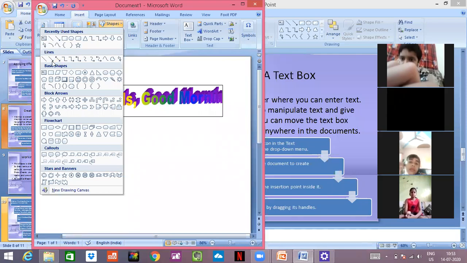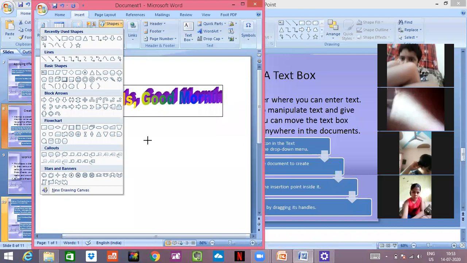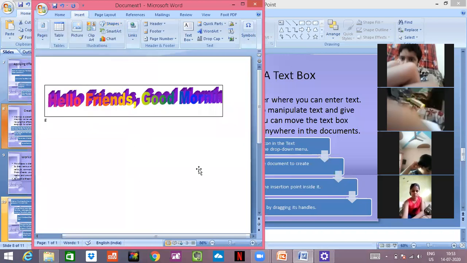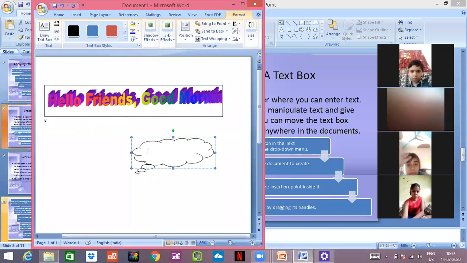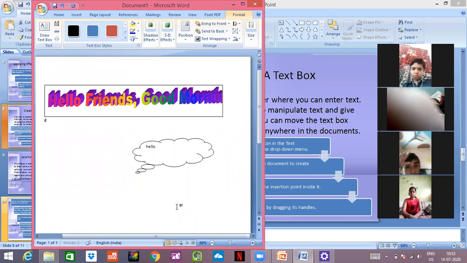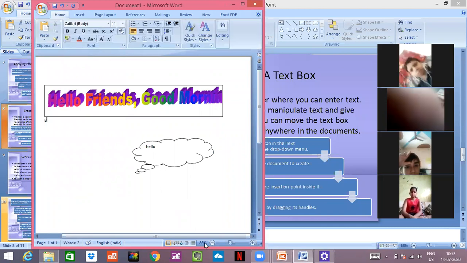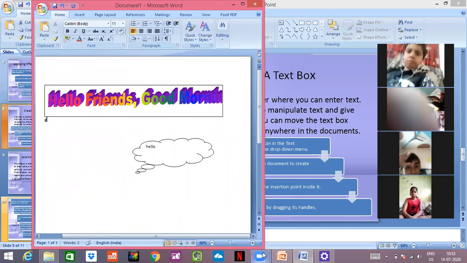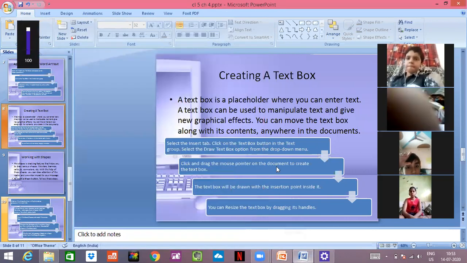See, lines are there, basic shapes, block arrows, flow charts, callouts, stars and banners. You will ask what is a callout? See, this is a callout. Like when you are thinking in your mind and something is coming, like hello, coming to your mind, you can use it. So this is how you can insert whatever shape you want.